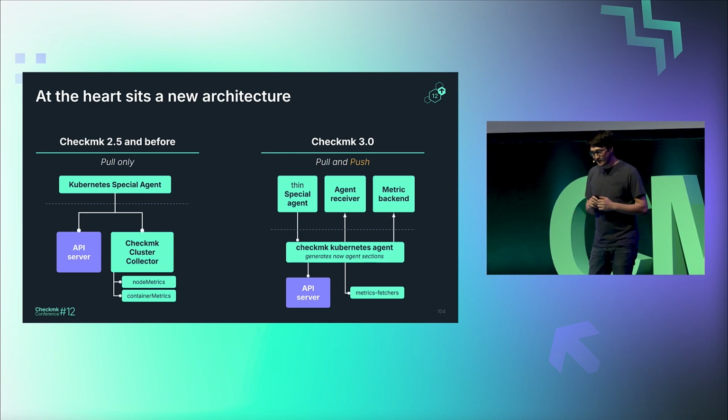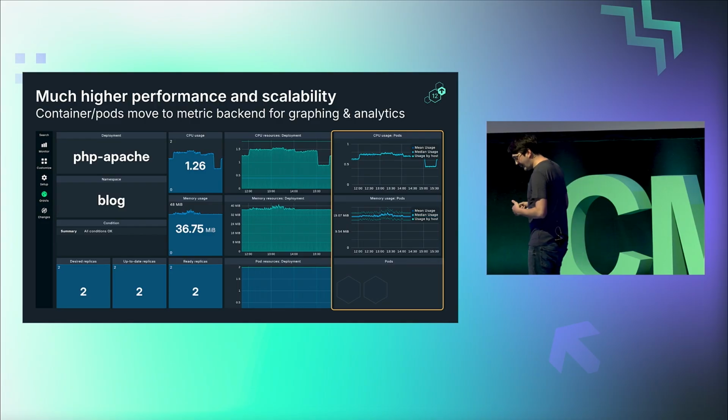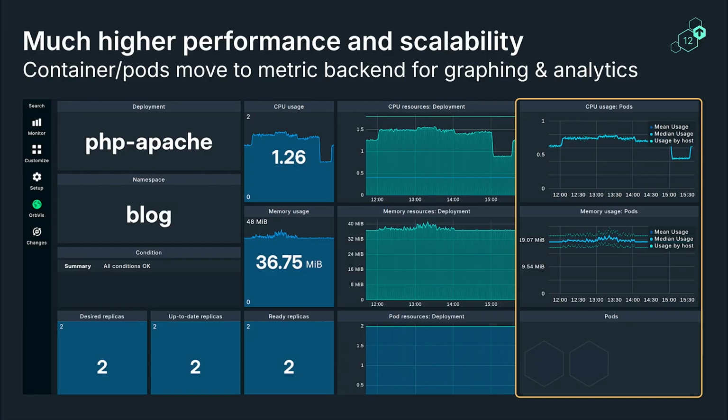And the metric backend is actually quite important because if you want to solve scale, we don't only have to solve the scale in the collection piece, but also in the way how we build our dashboards and what kind of objects we create. And our plan is actually that what you see here on the right is the pods, and the pods are the most frequent changing thing inside Kubernetes. They can be very dynamic, and at the moment, every pod, if you want to have metrics for that, you need to have that as a host in Checkmk, and that means a configuration change,